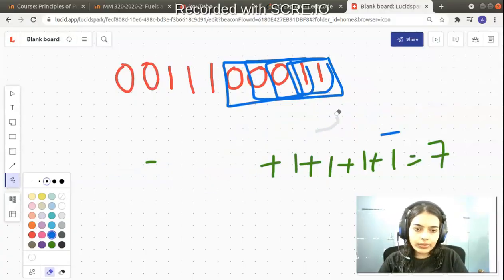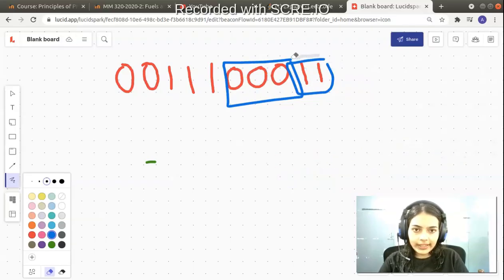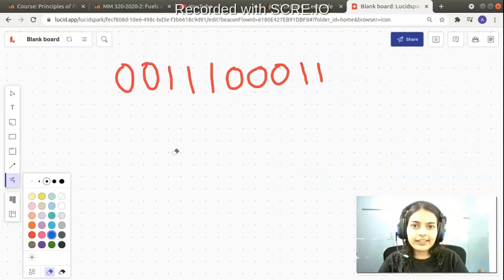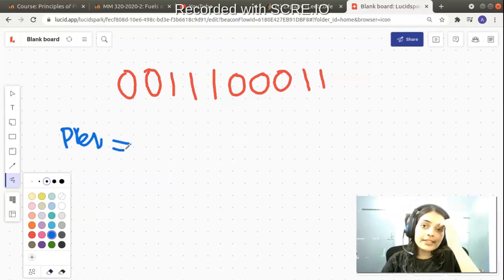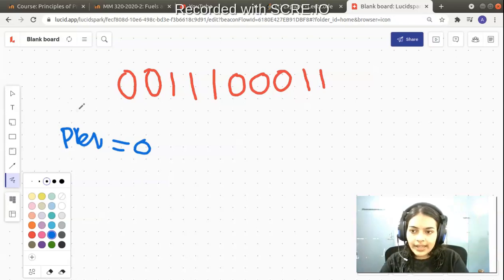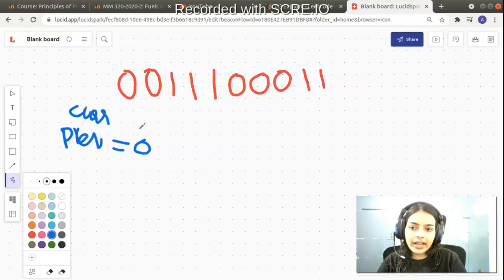Let's try to work it out with variables, and let's just go over the logic properly, and let's try to make it a little bit less messy. So what we'll do, we'll declare two variables, previous and current, that we are going to use to help us in this particular case. So previous is having initially value of 0, okay, and let's have one current variable. So previous and current are two variables that are going to correspond to the blocks. Okay, so what do I mean by that? Let's go over the example and then we'll understand.